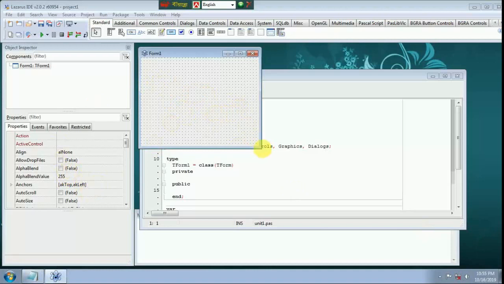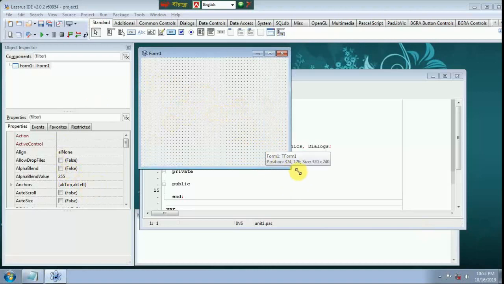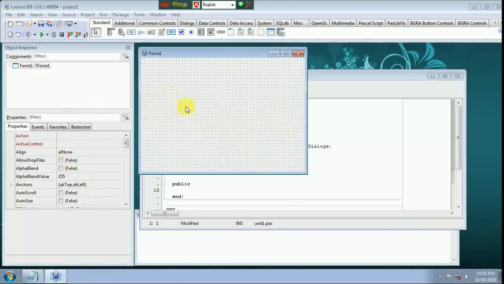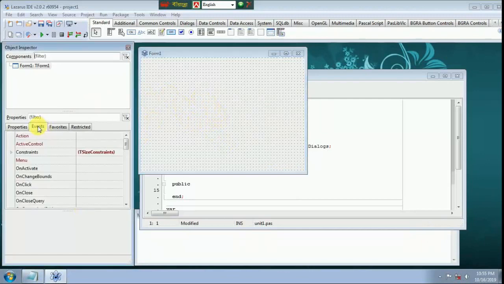Today I will show how to change shape during a form activate. On activate,